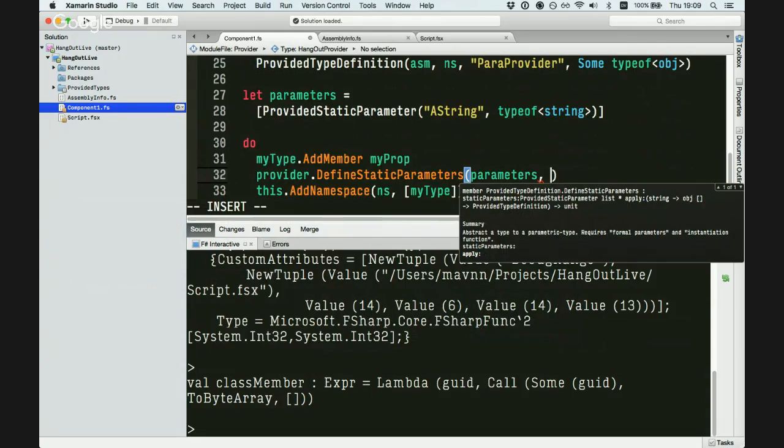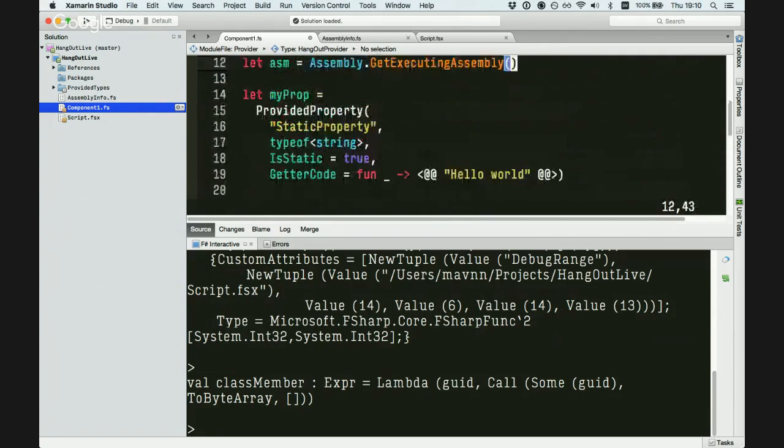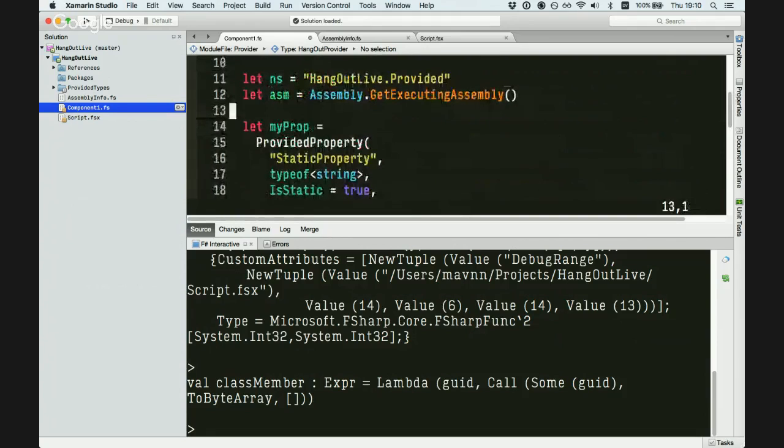You probably can't see the tooltip very clearly there, but it takes a function which needs to take a string, an array of objects, and return a provided type. So we don't have that function yet. Let's pretend that we do. That we've got a create type here. So that create type